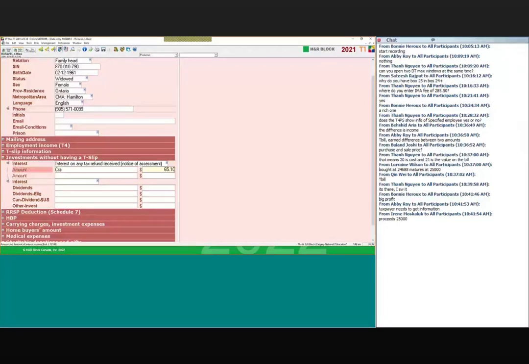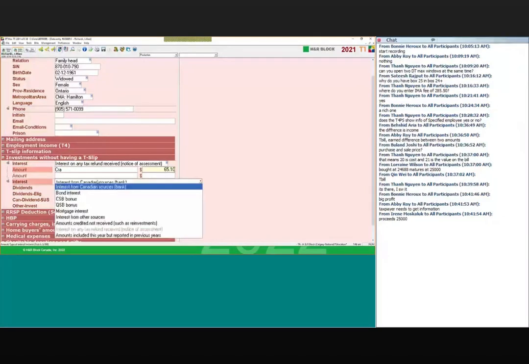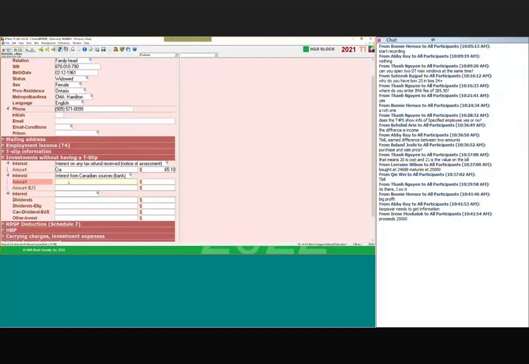Okay, so let's say we have other interests. Let's go interest from Canadian sources. And if it was U.S., so we can add bank interest here, bank interest of, let's say it's $50. So let's say it was in U.S. So if the amount is in U.S.,